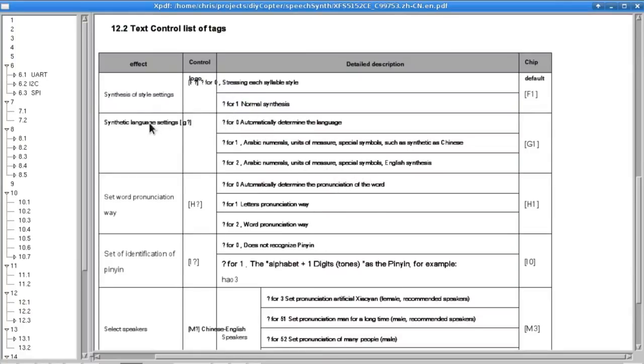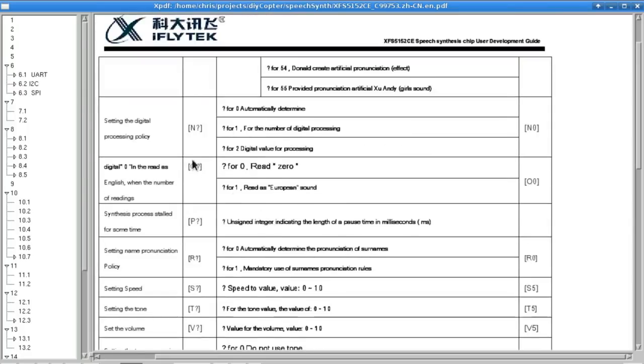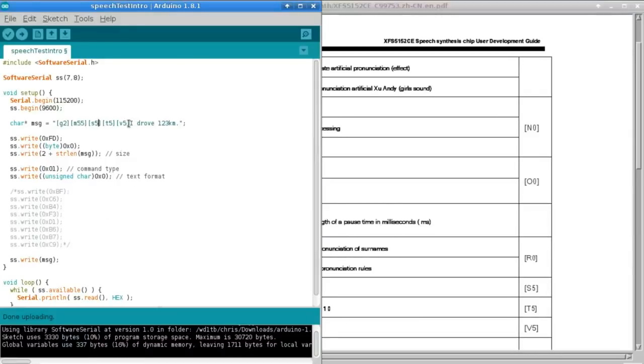Okay. Now, if you didn't want it to say the whole 123 as a word, I think it's N for numbers. So setting the digital processing policy. Most of these start out as automatically determined, by the way. So if you wanted for the number, see, a lot of this English translation just doesn't really make sense, does it? Let's try what we get with